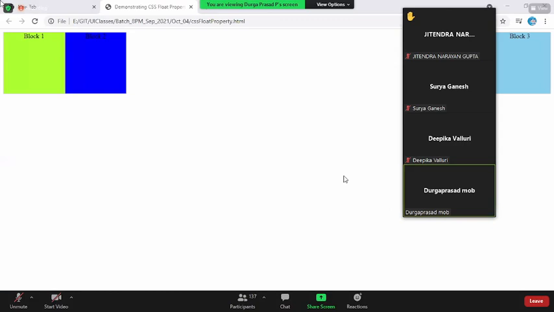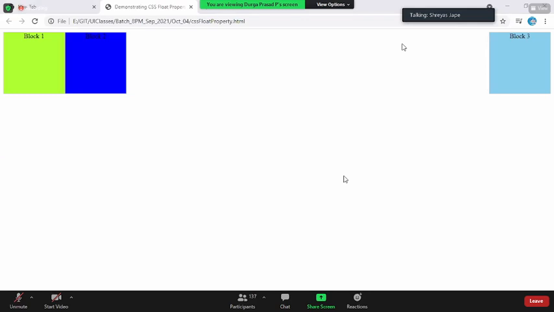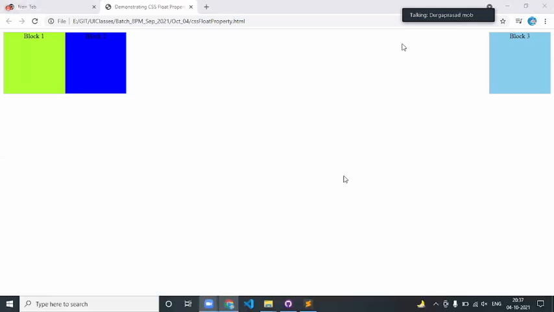Doesn't matter whatever it is, but they all fall under the same line until and unless you have enough space. Say for example, there are 100 elements, all changing the floating property, but now I cannot accommodate them in the same line. So they automatically come to a new line based on the space I have. If the space is enough, they all fall under the same line. Left guys will be on the left side, right guys on the right side. Only if it is continuous elements, guys.